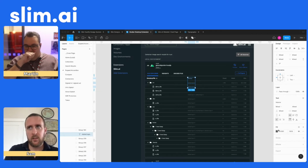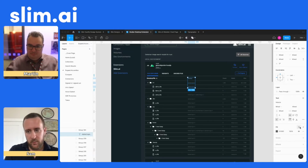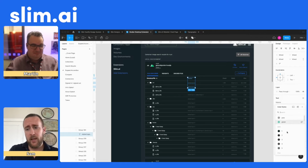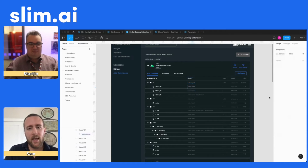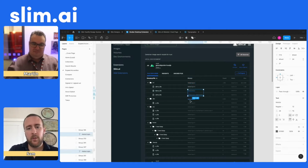This next iteration of design is going to be really critical to get us as much feedback as possible. So I'll start designing on the fly right now. Let's lighten it up a little. Maybe that's a little too similar. So we'll do a lighten 3, and maybe even make it a little bit darker, so we'll do a lighten 1. Yeah, so I think that's the kind of feedback that I'm looking at when people